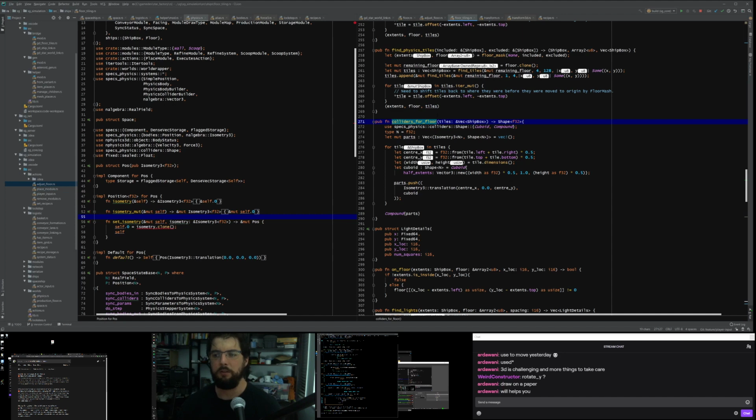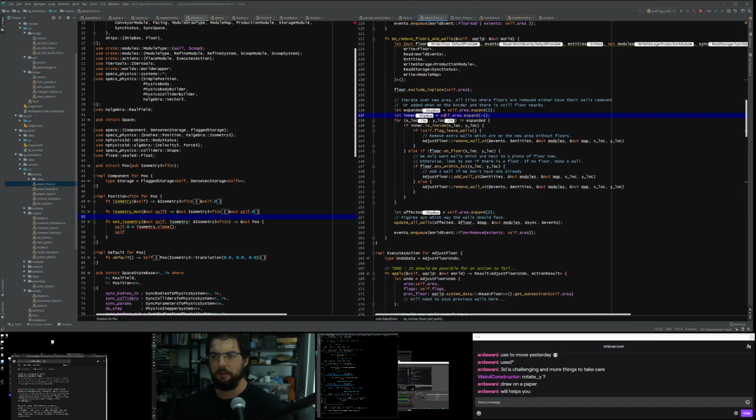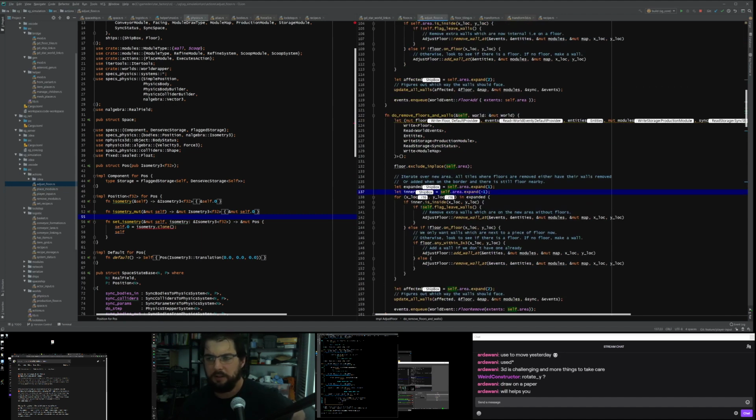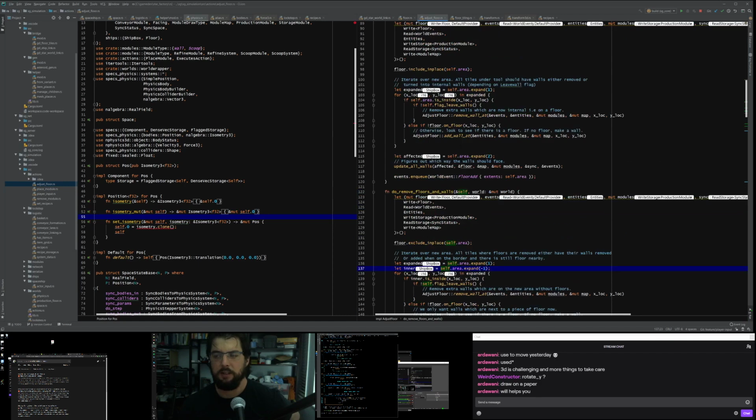So we're going to grab this and go across into the physics world. We could call this every frame, but that would be expensive. What would be better is if when the floor is adjusted, we apply it then. So we might just put it straight into adjust floor. And we also need to put it in so that when the ship is first created, we do it straight away.